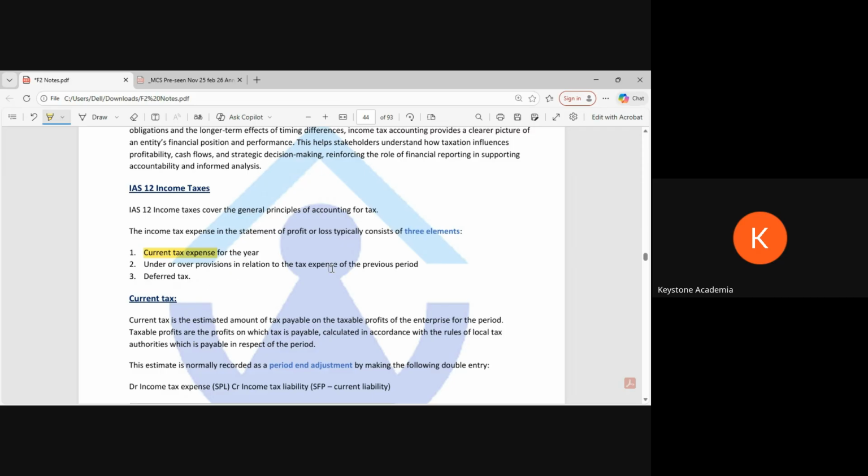So if you have seen provision last year, I mean the previous chapter, the same thing we can have some provision. Provision is like a liability. And the third thing is deferred tax. So you just need to remember these three things. What is part of IAS 12 income tax? Current tax, provision, and deferred tax. The probability of this topic being asked, I think, is very low for us.